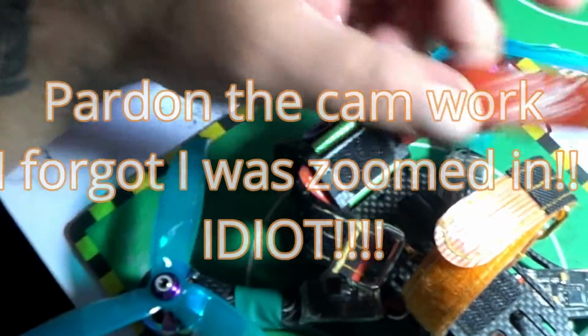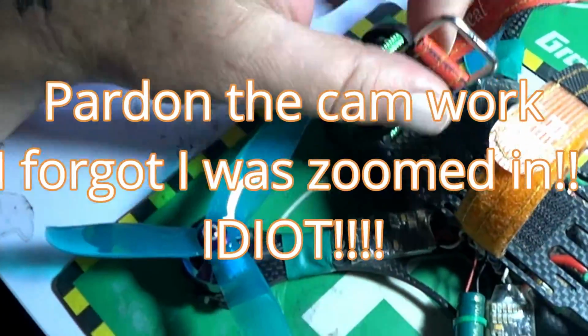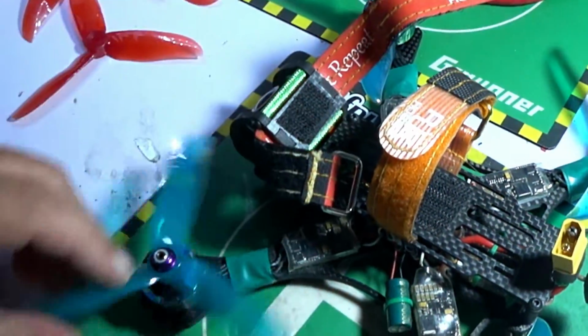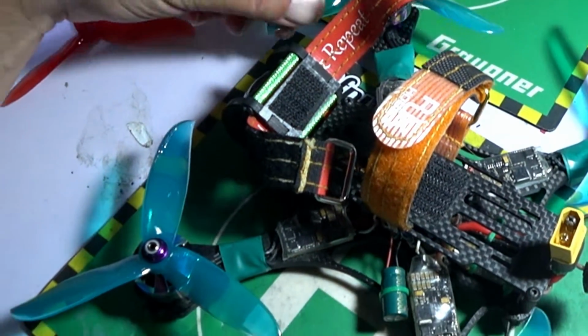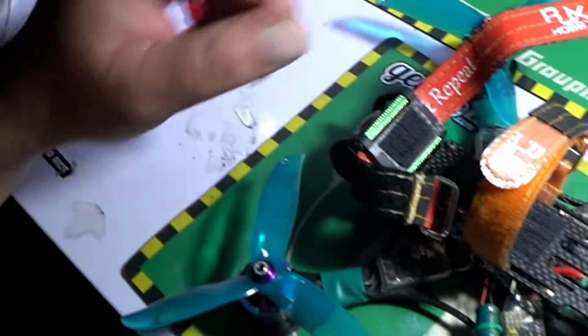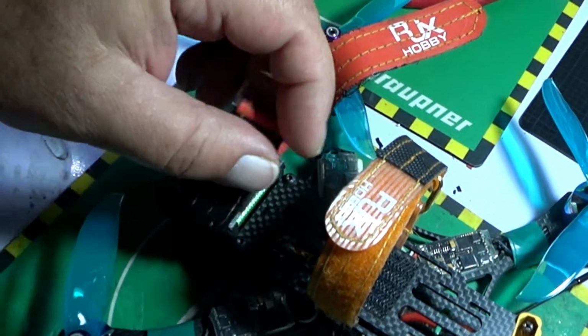So as you can see, I have a few props. There's no one prop for every job. So I have a little bit of experience with different types of props, sizes, pitches, whatever. I have a few builds, and a lot of them run different props. Some I like the HQs on. It just all depends on the build, the weight, what I'm doing, whatever. But anyway, all that being said,